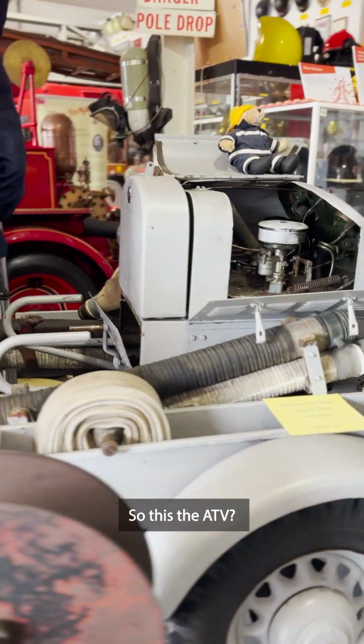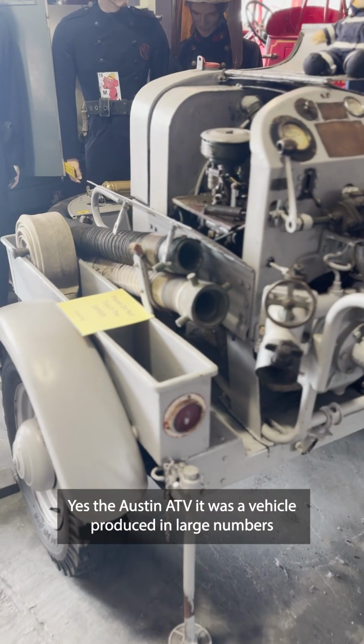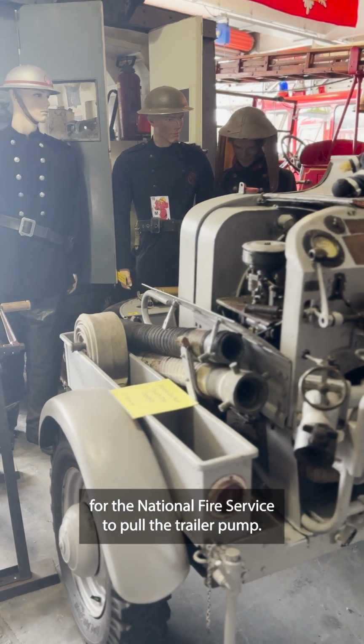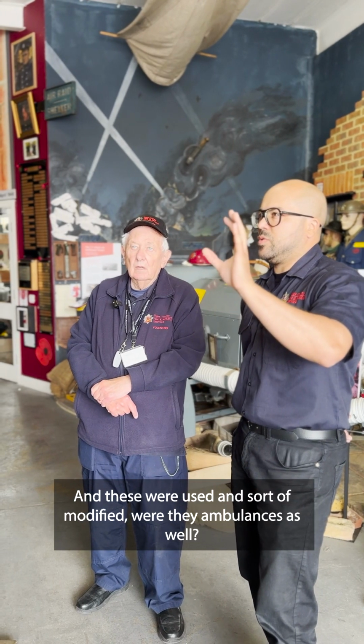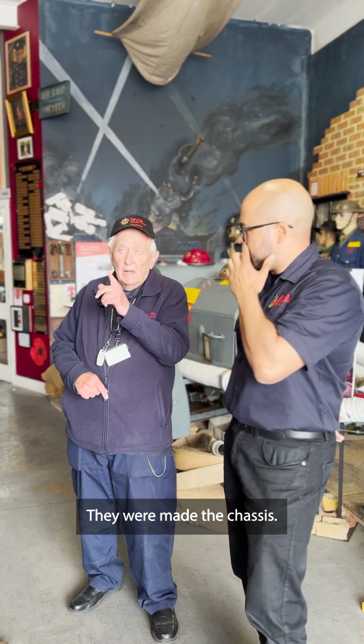So is this the ATV? This is, yes, an Austin ATV. It was a vehicle produced in large numbers for the National Fire Service to pull the trailer pumps. Yeah, and these were used and sort of modified. Were they ambulances as well? They were made...